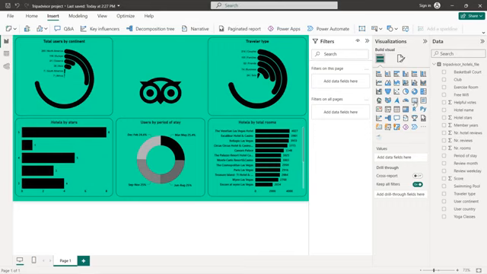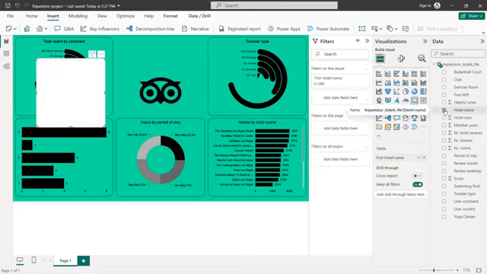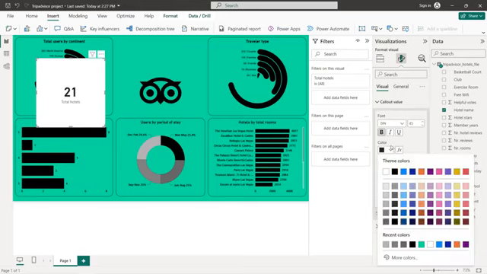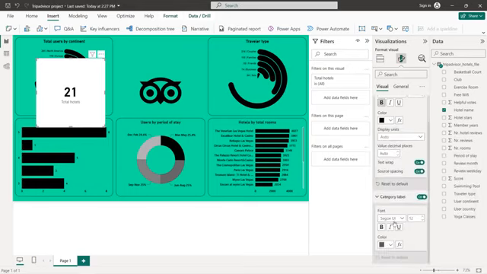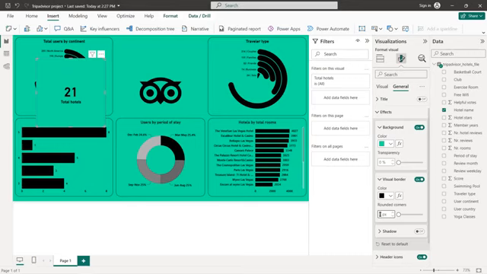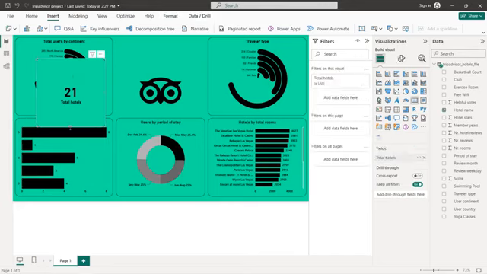So the first one will be the total hotels count distinct, so we rename it total hotels, and same thing, the values in black, same thing in here with the background and also the border. All right, now